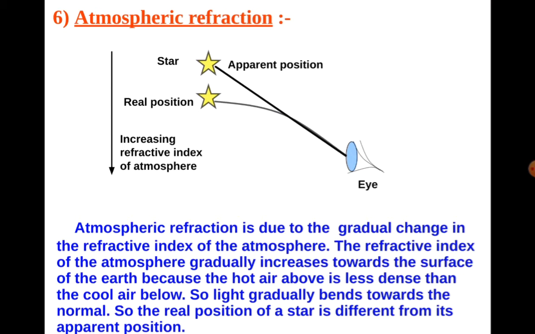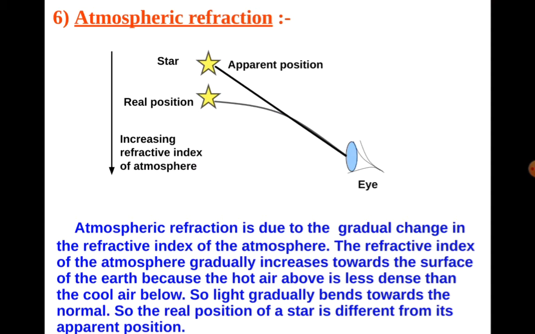That means you can see here, the earth consists of many layers, stratosphere, troposphere, many layers are there. So the light has to travel through all these different layers, which have varying refractive indexes, and they reach the eyes of the observer on the earth. We are standing on the top of our building and watching the stars, and that star's light is traveling through many layers covering the earth, coming a very long distance, right? The star appears to be situated at a different position. The star what we are seeing actually,